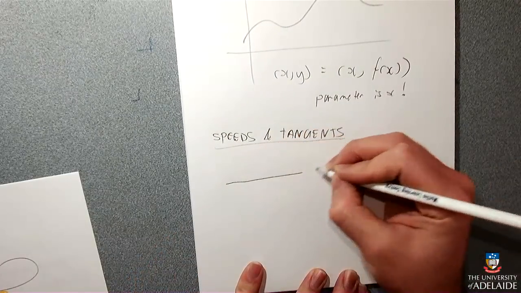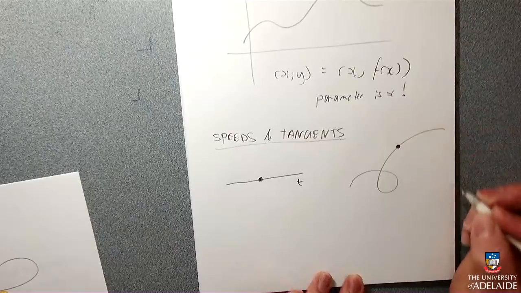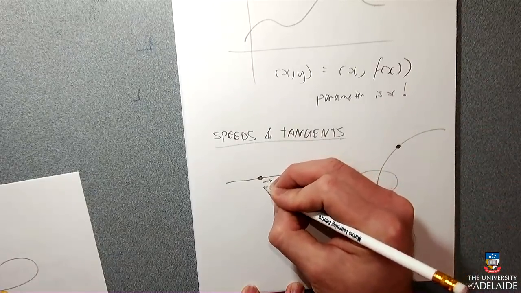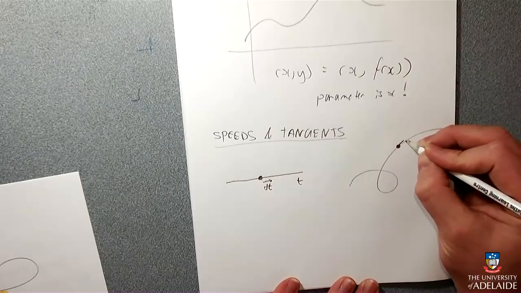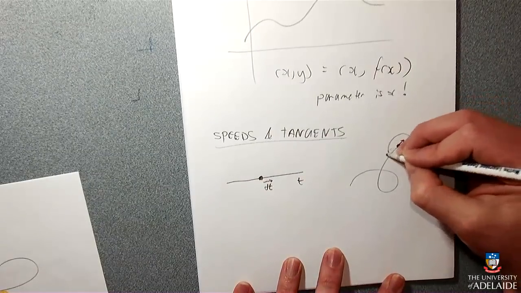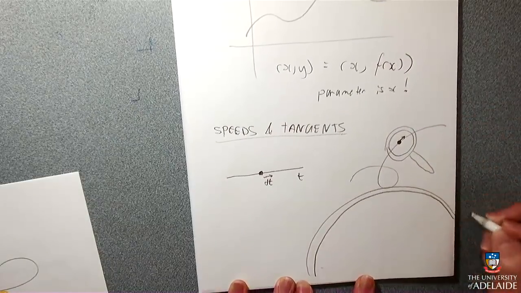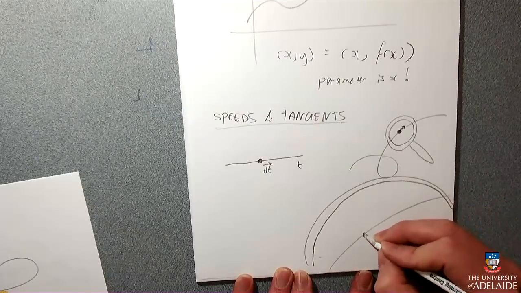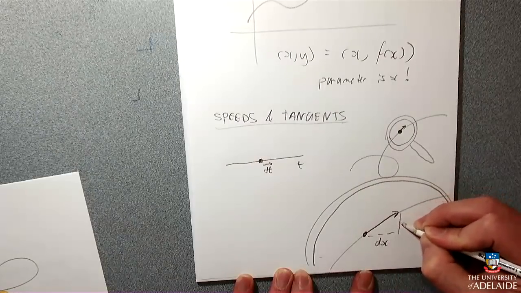So here's t, the t's, and here's the curve, and this point here is producing this point here. If I move this by just a teensy bit, a little tiny change in t, then this will move by just a little bit. But that thing will be created by a change in x and a change in y simultaneously. So I'm just going to zoom into this. This is my magnifying glass. That's made of a change in x and a change in y.